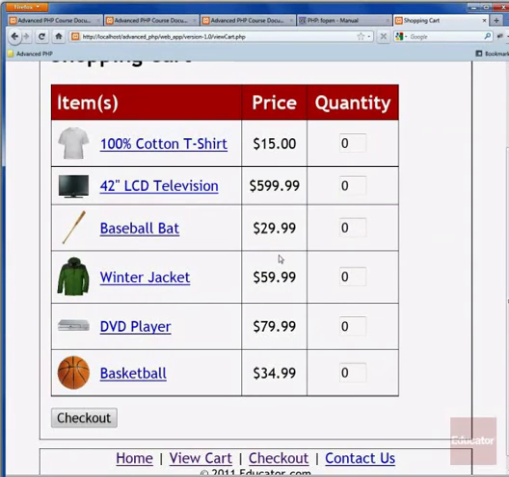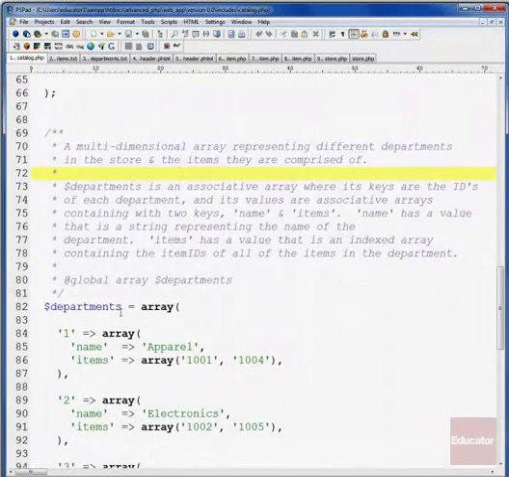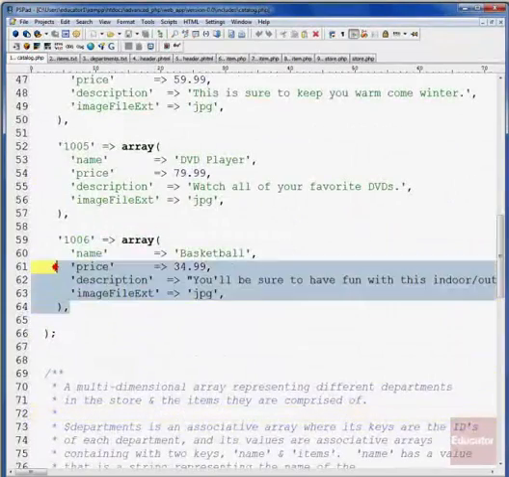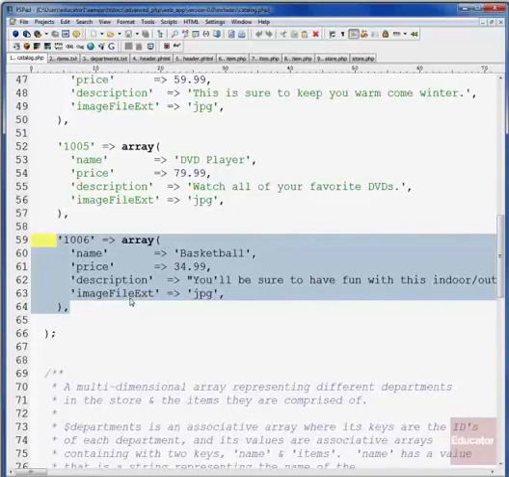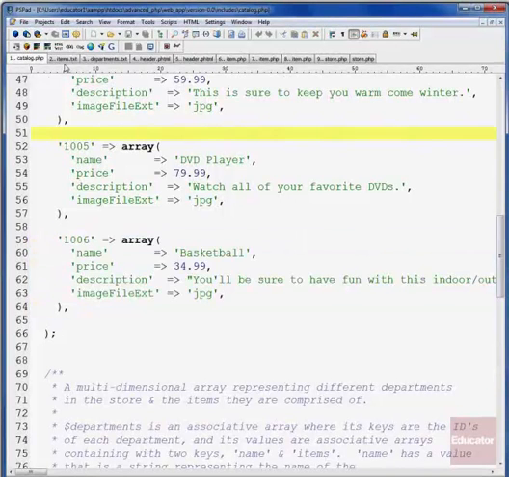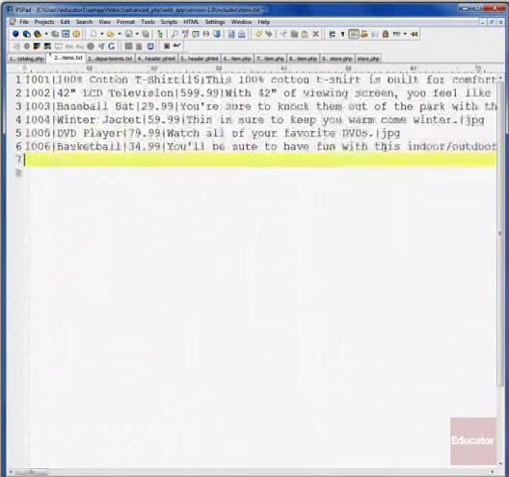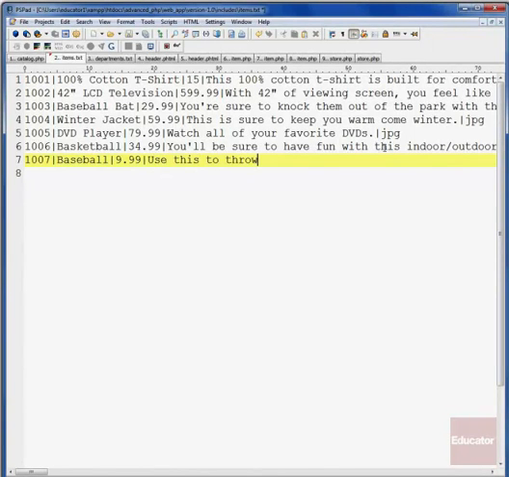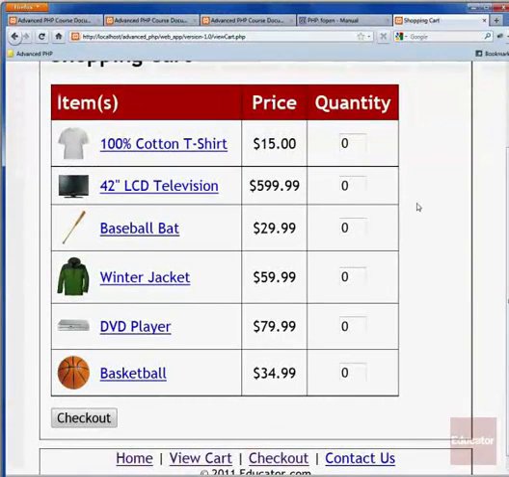Well, because now we're reading from a file, instead of actually having to go back and maybe updating catalog.php, adding a new entry to this item catalog array that says this is item 1007, this is the information, we can simply go and update items.txt and just add a new line to it and create item 1007. Call it, say it's a baseball, $9.99. Use this to throw. And we'll say its image has extension JPEG. If we save that, now when we go and reload our shopping cart,